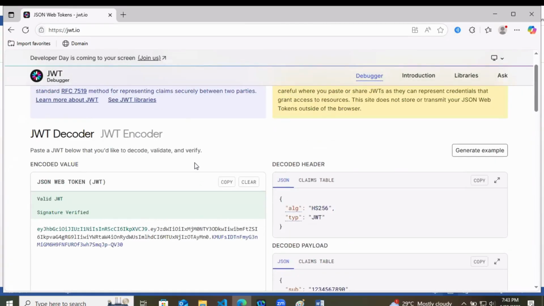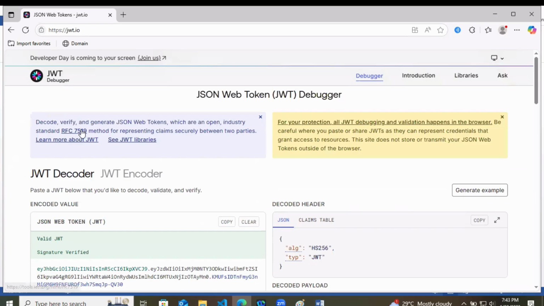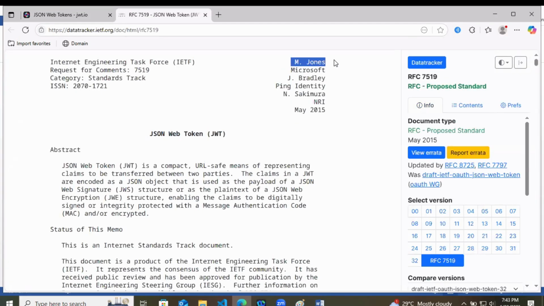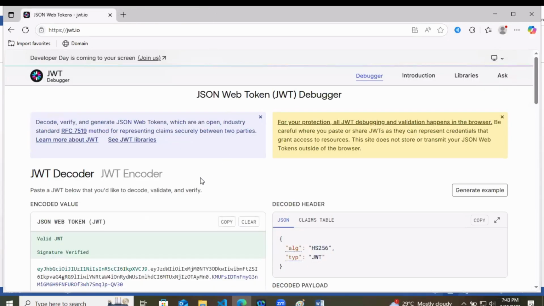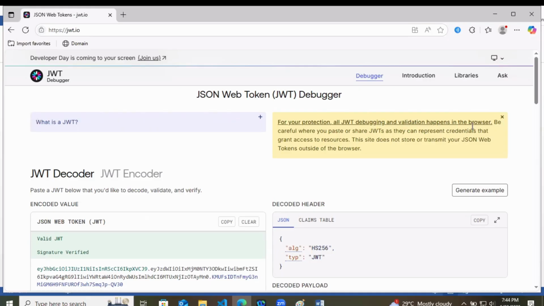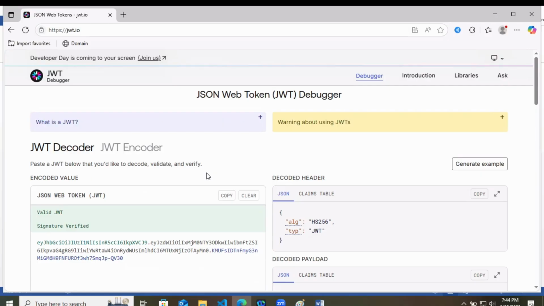Let me check where this one is. M. Jonas. So it was a Microsoft employee. Now, what are we getting from this particular website? So let me remove all these things.